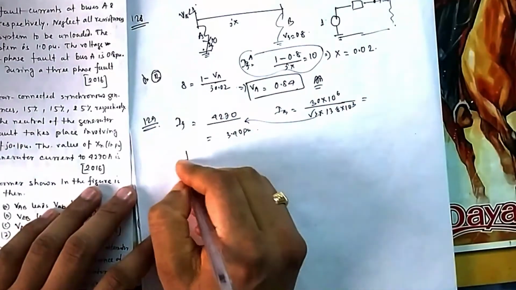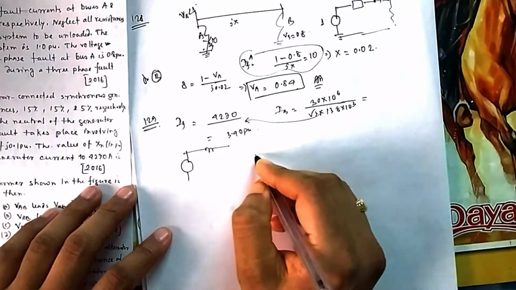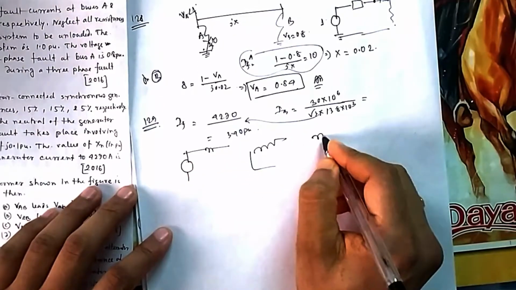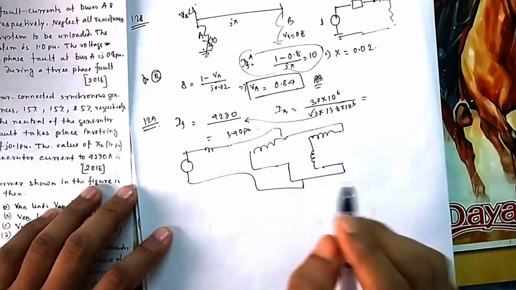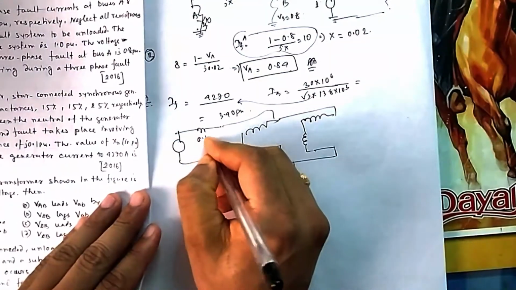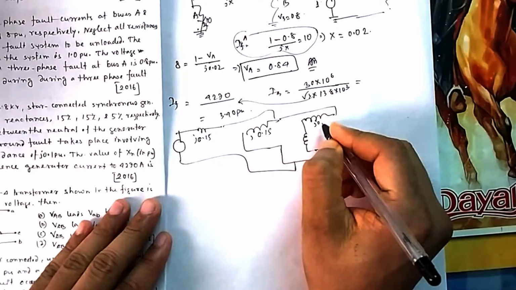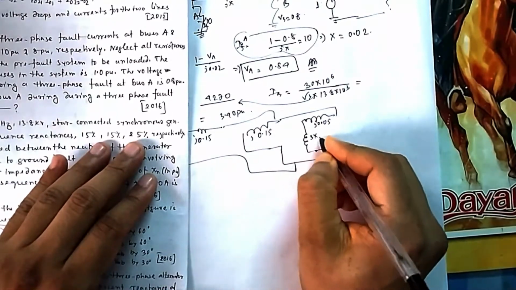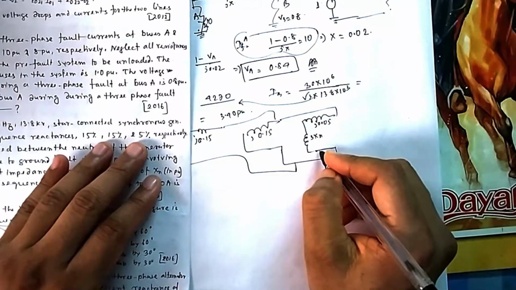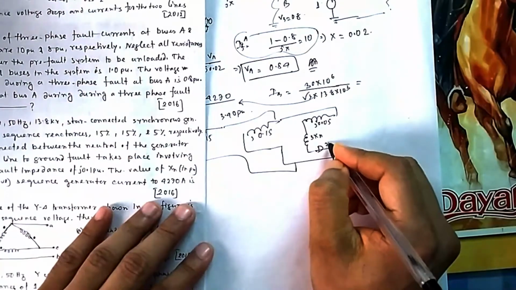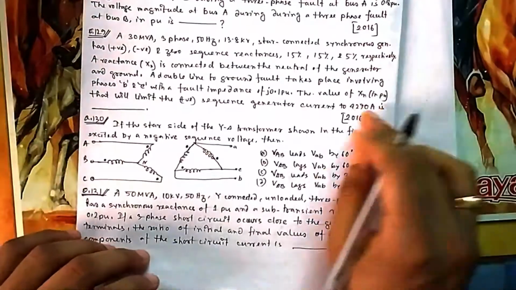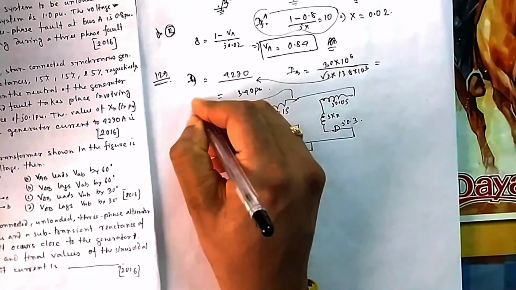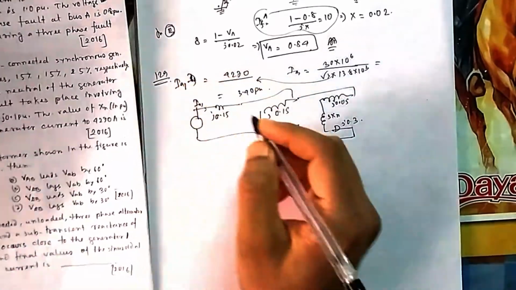Now what is double line to ground fault analysis? It is positive sequence, then negative sequence, then zero sequence, and then the fault impedance will also come. This is the way the double line to ground fault current comes into the picture. These are given to you: j0.15, j0.15, j0.05, then 3 into Xn, then also 3ZF, that fault impedance will also come. So all these things will come. Now this current is actually the positive sequence generator current, not the fault current. So they have given this one, IA1 actually, the positive sequence fault current.